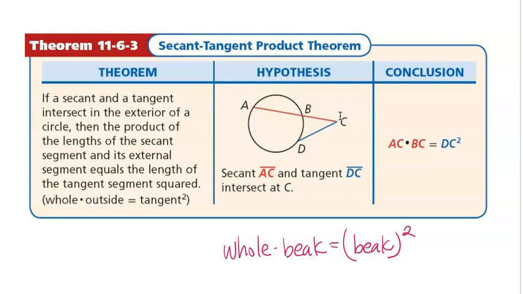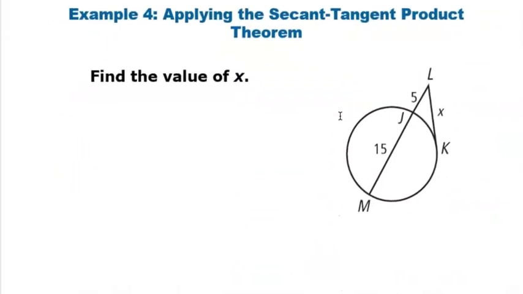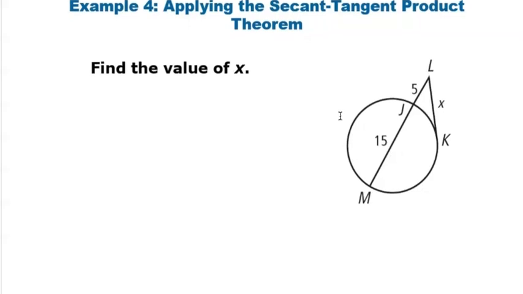Or if this is easier, you can do it this way. So here we go. We look at this problem. It's clearly a beak, right? That's a bird's beak. So let's see. Whole times beak. So the whole is 15 plus 5 plus beak. I'm sorry, that's not what I meant. Whole times beak, there we go, is equal to, there's no whole or separate area, so it's just beak squared